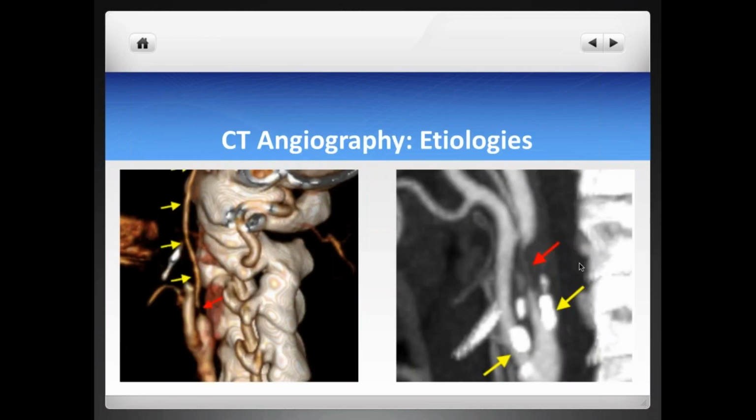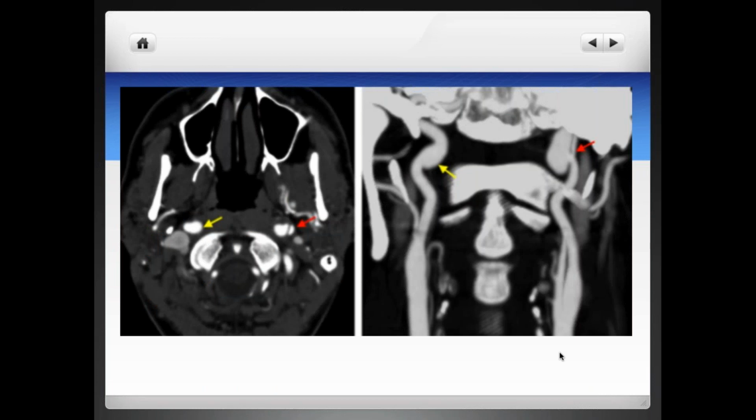And then, of course, CTA is going to help you to look for etiology. Sometimes the clots may come from the heart, patients with AFib, but sometimes the clot may come from atherosclerotic plaques. As in this case, we have an ulcerated plaque. Sometimes it may come from dissection, as you see in this case, that you see an intimal flap here on the internal carotid artery on the left with a pseudoaneurysm.